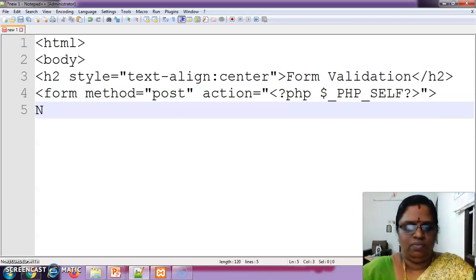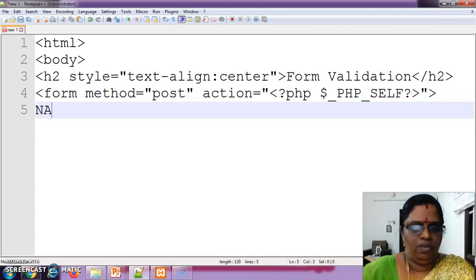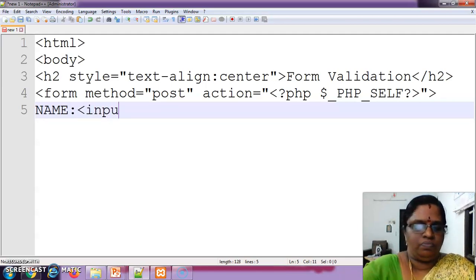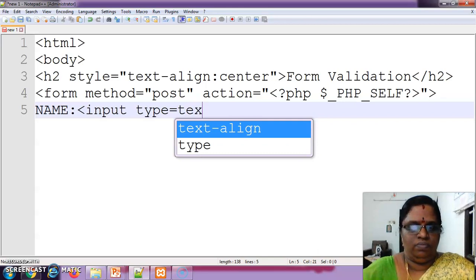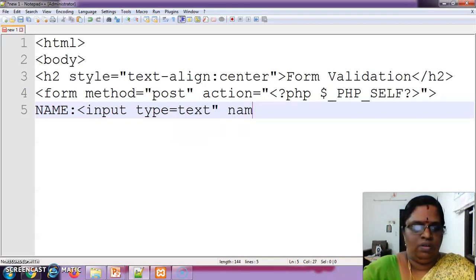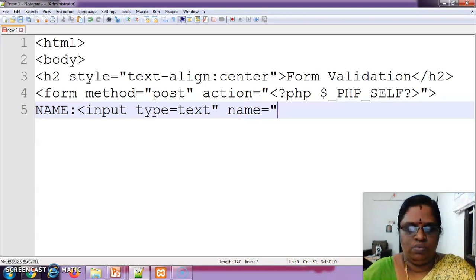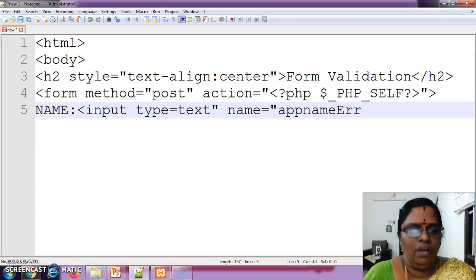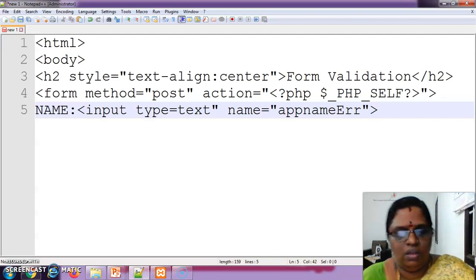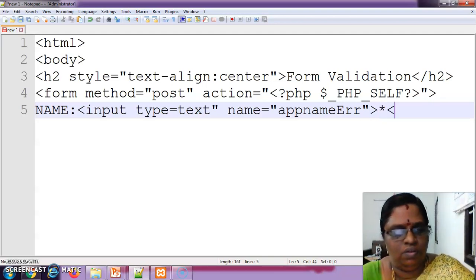Then name, input type is equal to text. Name is equal to name. Okay, and you want to close this. Break.